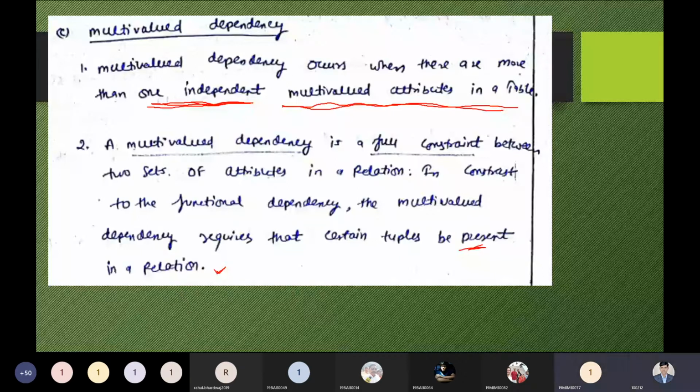Sir, I am unable to see your screen. My dear friend, I've already shared two times, and one student is saying it is visible. So let me know once again from your side whether it is visible or not. Sir, it's not visible. So my dear, do one thing, just reconnect yourself, because other students are able to see this slide. It means there is some problem from your side. So please reconnect. Yes, sir. Okay, you can reconnect. There is no problem.